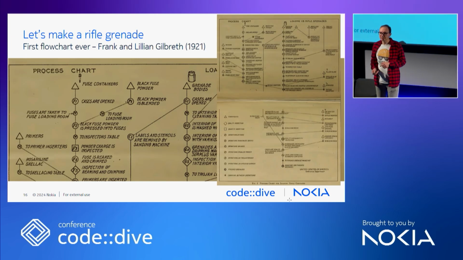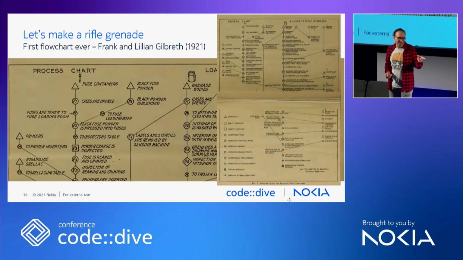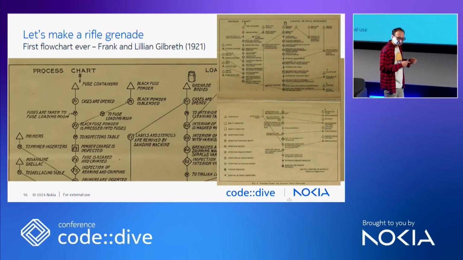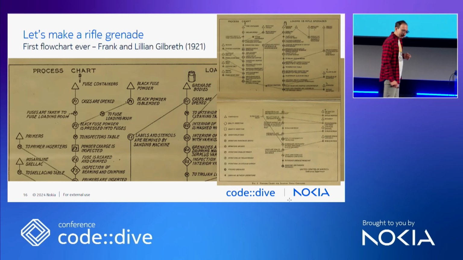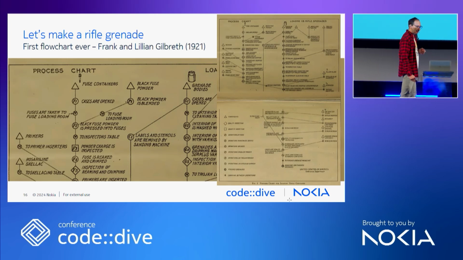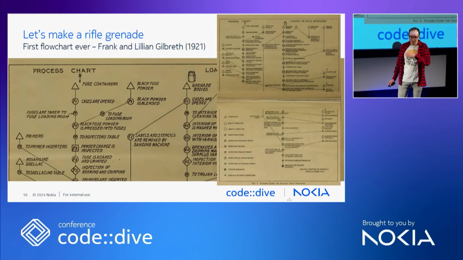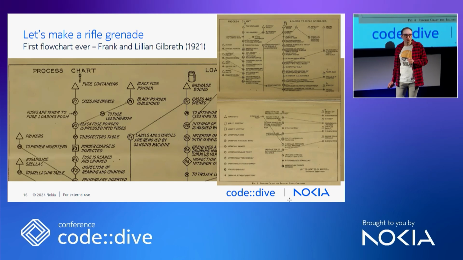When I was researching it, fun fact, Lilian was not only a brilliant mechanical engineer, she's actually more famous as a psychologist. And Frank and Lilian had 12 children between them. My experience as a parent is that they probably never slept, but then someone told me about wet nurses, so yeah, that's that. We needed to wait around a quarter of a century